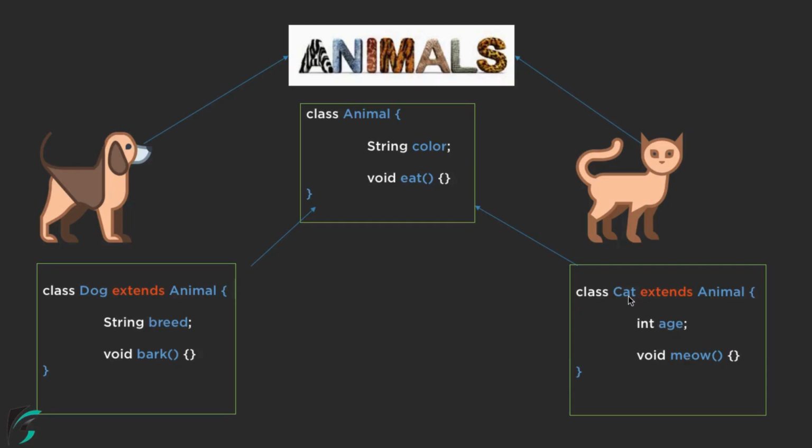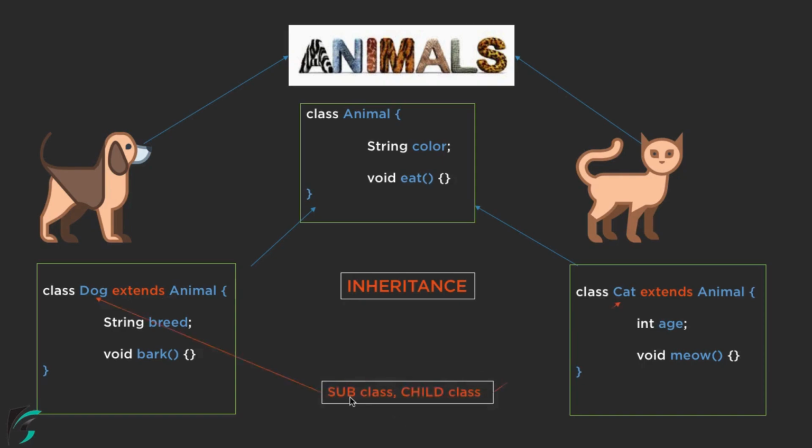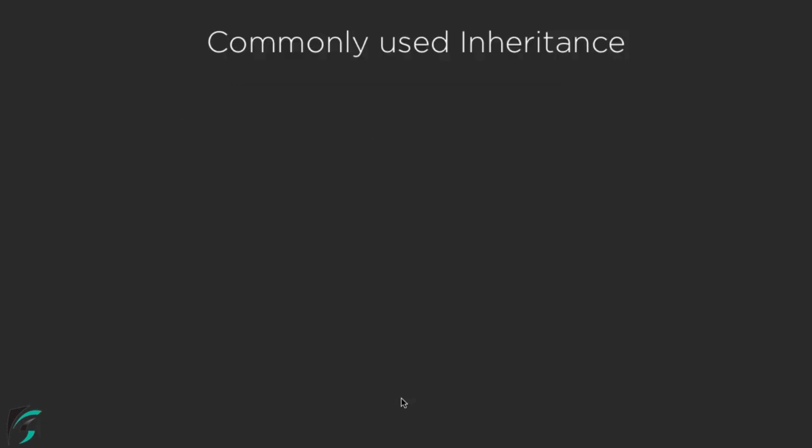Perfect. So this is what is known as inheritance in Dart, where one class inherits the properties of another class. And now this class dog and this class cat is actually known as the subclass or the child class. Similarly, here the class of animal will actually be known as the superclass, base class or the parent class. Perfect. So just remember this animal is the parent class and this dog and cat are acting as a child class or the subclass.